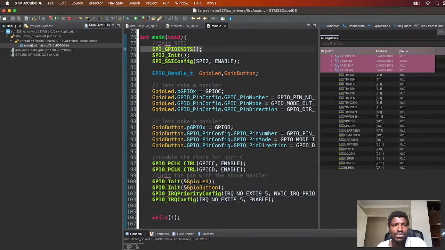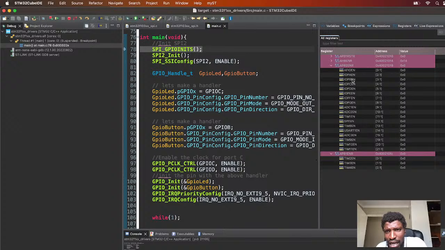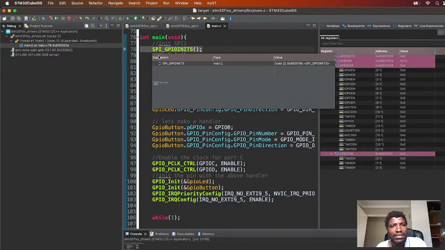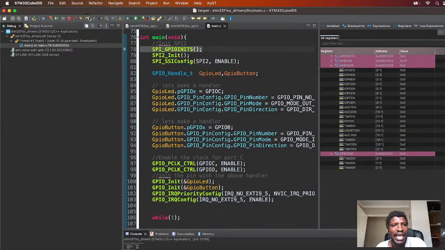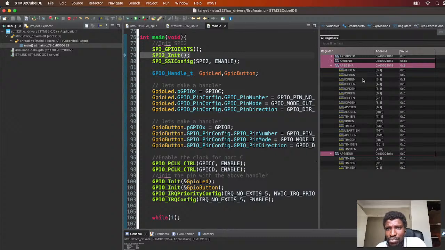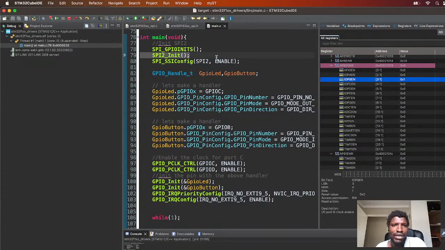So let's go to GPIO inits. IO port A, IO port B, not enabled. So if we run GPIO init here, we should get IO port B enabled. Cool. Perfect, IO port B is enabled. Okay, cool. Now, if we run SPI2,